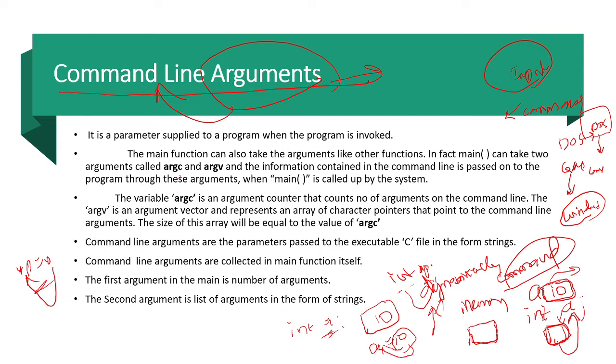In dynamic allocation, while assigning the value to the variable, the memory is going to be allocated. That is the basic difference between dynamic allocation and static allocation, right? And here, argc is a counter variable which is used to count the number of arguments, and argv is a vector or array which is going to hold whatever arguments you passed at the command line. So that is the command line arguments.